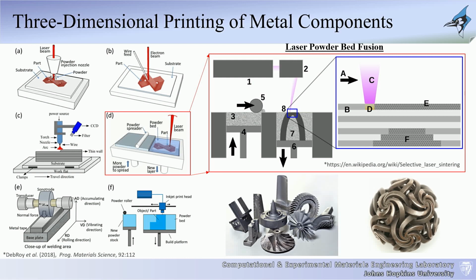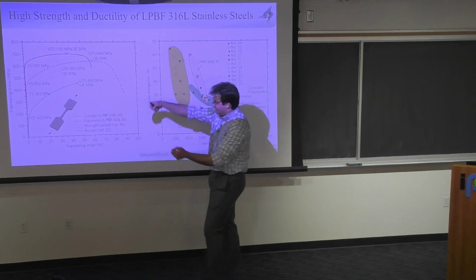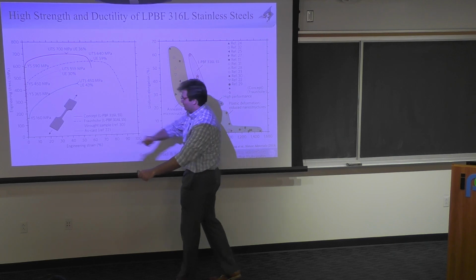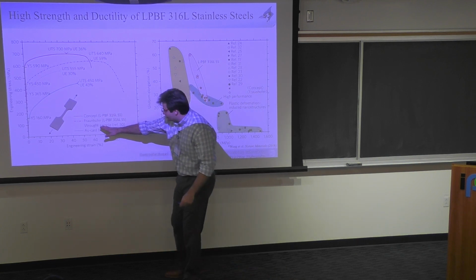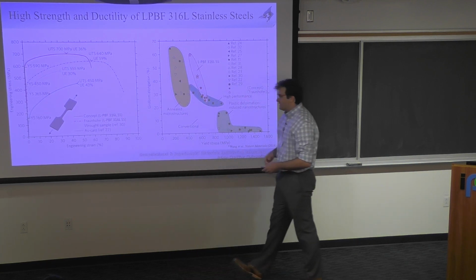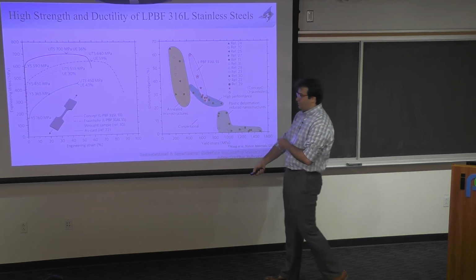So it's a very unique approach that gives you a very nice type of geometries that are very useful. Now, the intriguing thing with this type of fabrication technique, if you compare the materials that have been generated using laser powder bed techniques, what you get is these types of stress strain curves. If you create a dog bone out of this 316L that has been created through this LPBF technique versus the classical samples of rough samples or as-cast samples, you can see that there's a significant amount of strengthening, but not just strengthening. In addition, you get significant amount of ductility.